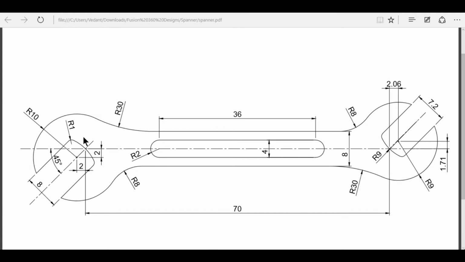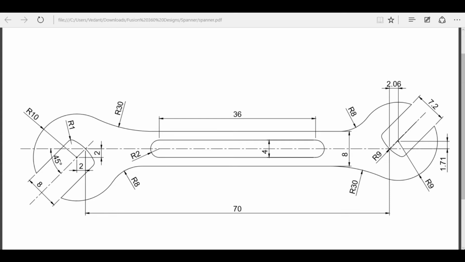Okay, the distance of this point and this point is 70. Okay, so the total distance is 70 plus 2 which is here and plus 2 again, so it is 2.06, but we'll take it 2. Okay, so it becomes 74. The total distance between these two circles are 74.